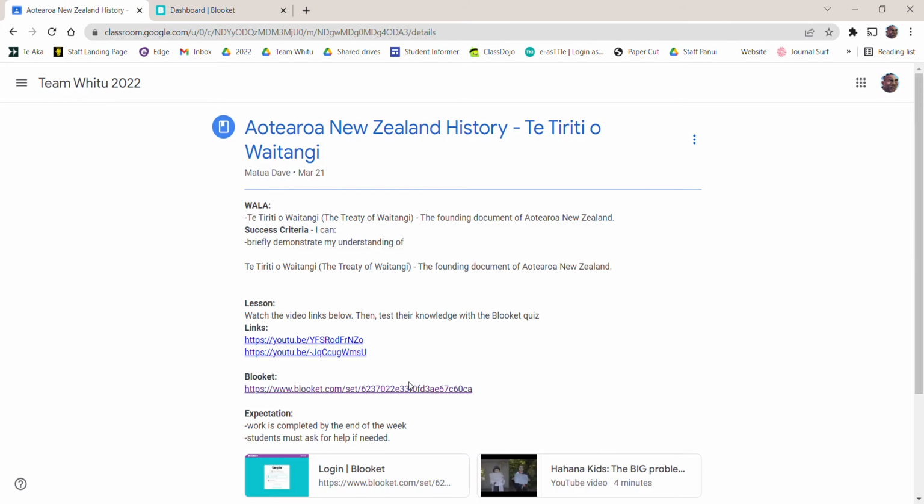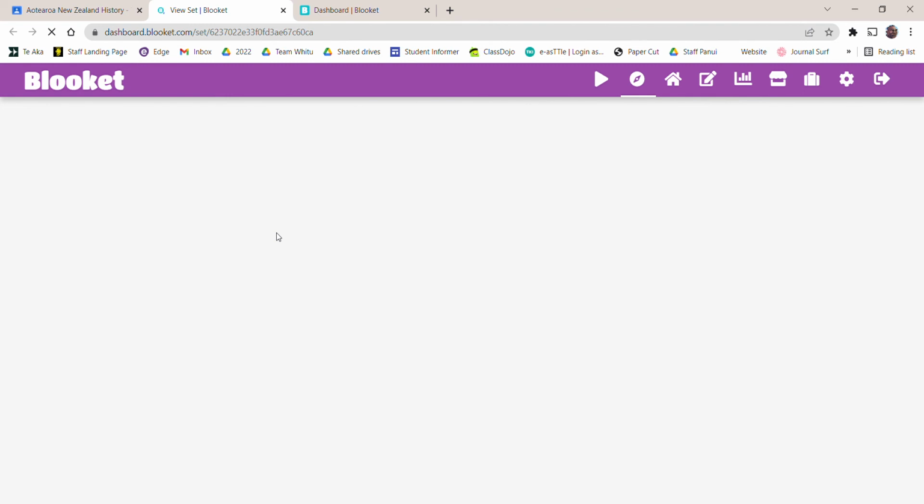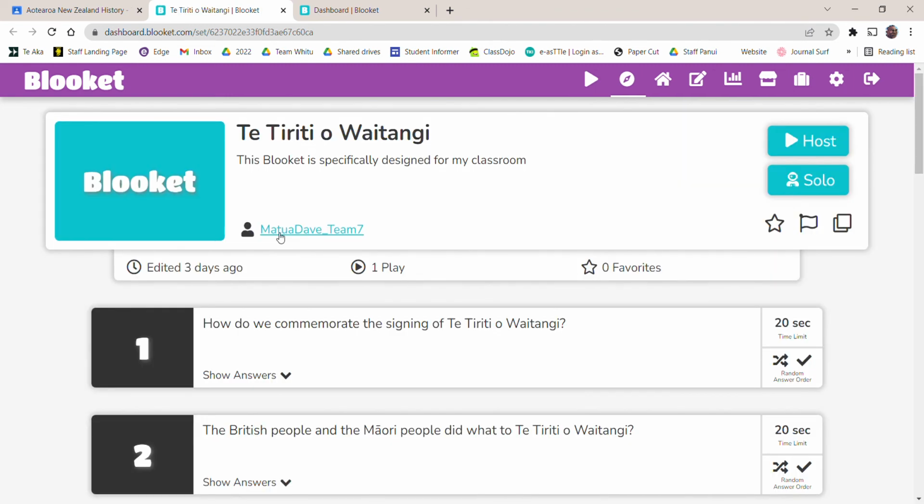go back to our Google Classroom, and now we can click the link. The link will open up a new tab up the top, so now there's actually 3 tabs, and it'll take us straight to the Blooket. You can host it if you have multiple people playing, but for this purpose I only want you to play solo. So you click solo and it's going to open up another tab, so now you have 4 tabs at the top,